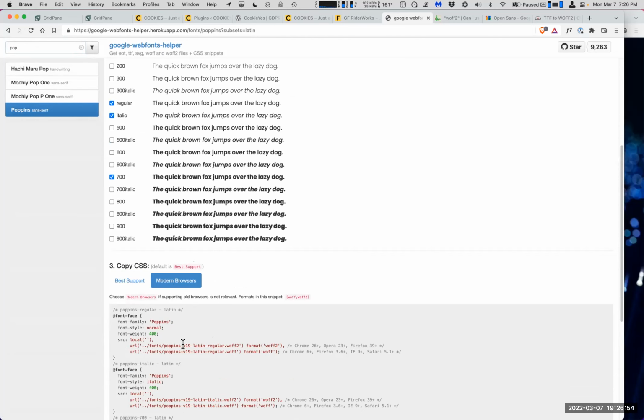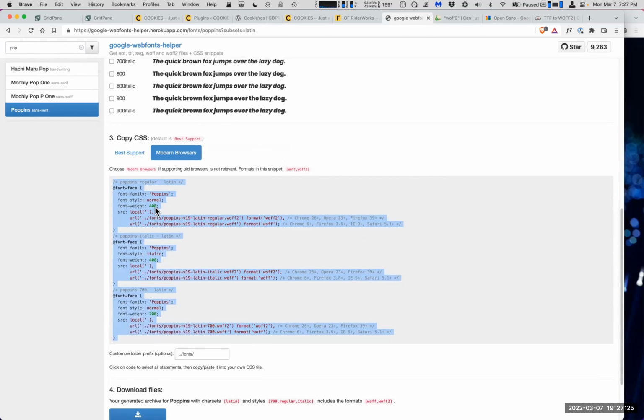And you notice it has a v19, which is the 19th version of this Google font. And you go, what do you mean? There are versions of fonts. Well, they do small kerning adjustments, which is the space between two specific letters, and they might make little changes there. They might make a little change to the dollar sign. It's not like they left out the letter A and forgot, and so they have to do an update. So what I would do is take this, select this, and figure out